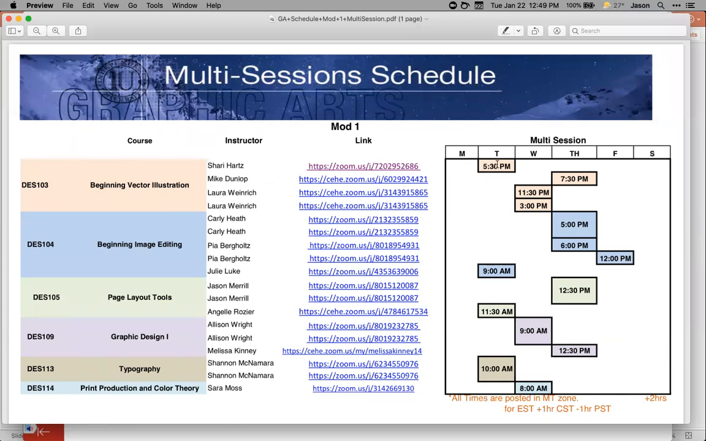So for example, the first one on Tuesday says 5:30 p.m. and then down below is 9 a.m. So look through them all to see what times. You can see they've got times all over the place. They've got times in the mornings, times in the evenings, times in the afternoon, and they've got times available Tuesday through Friday for these multi-sessions,